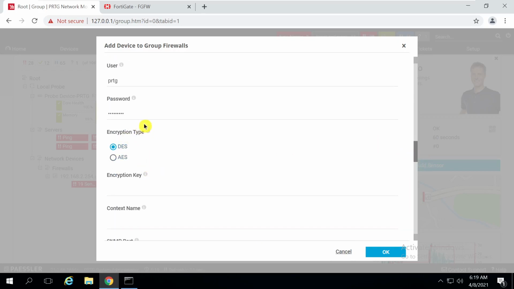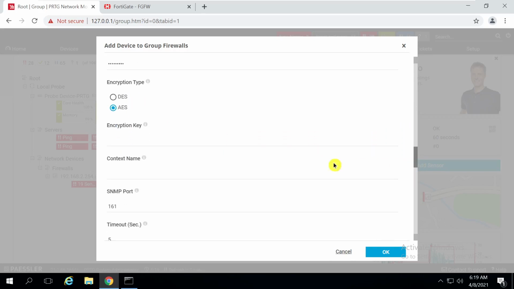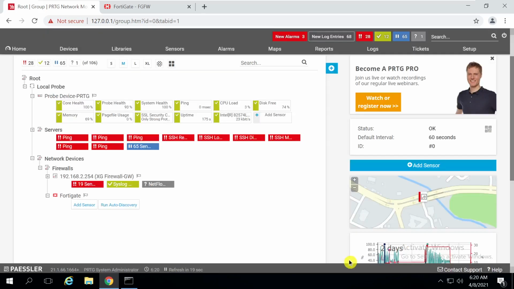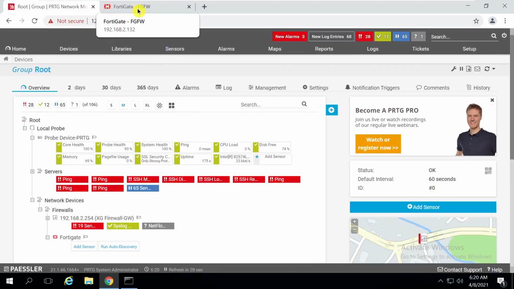I'm also using encryption, so I'm using AES encryption. Then I'm clicking OK. Then I need to go to the FortiGate.